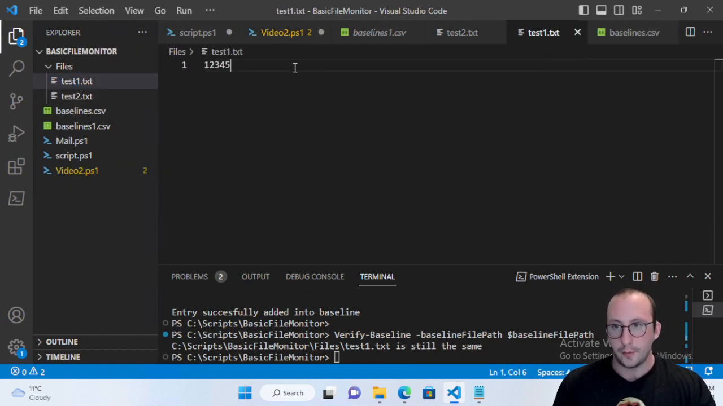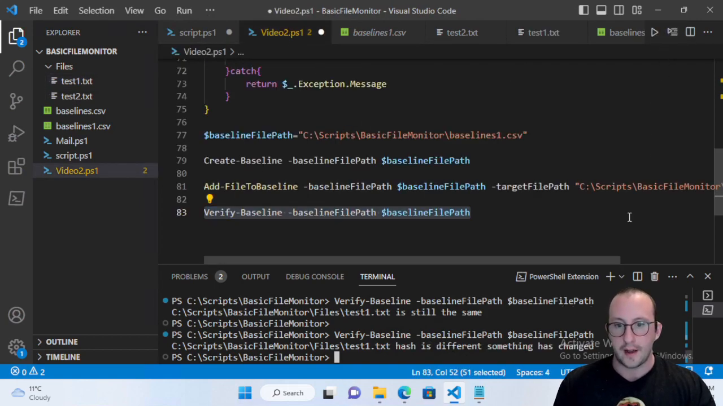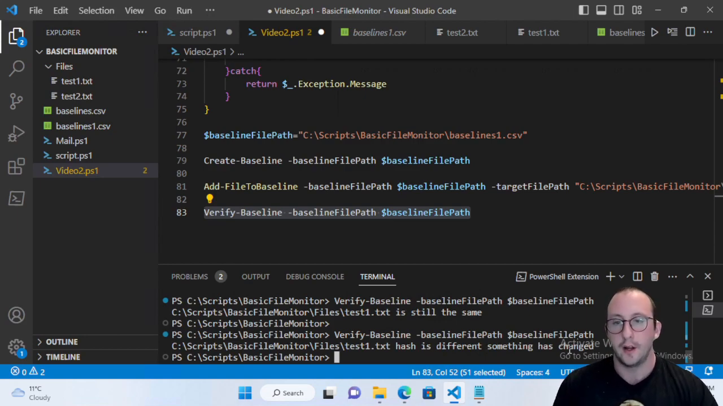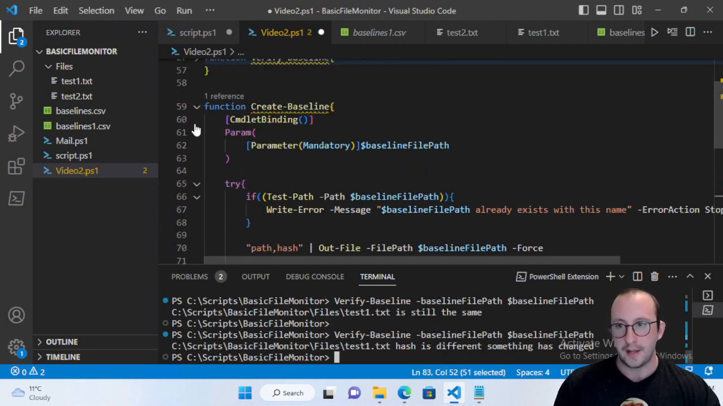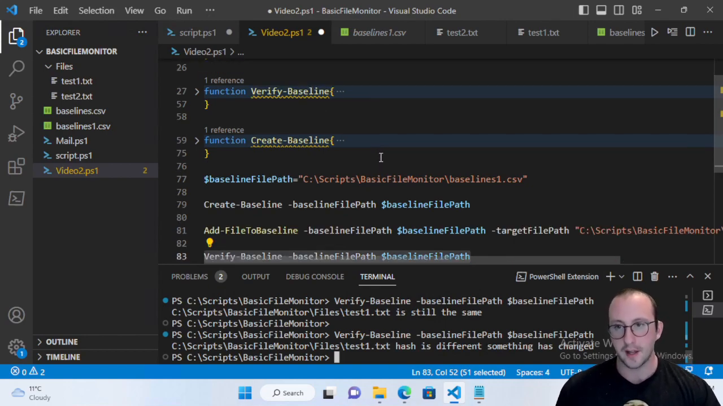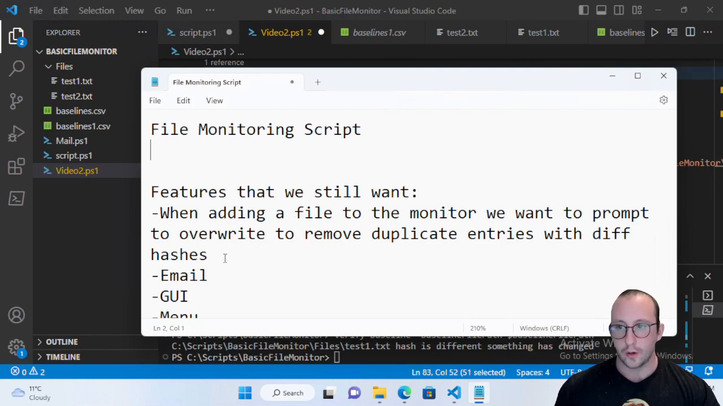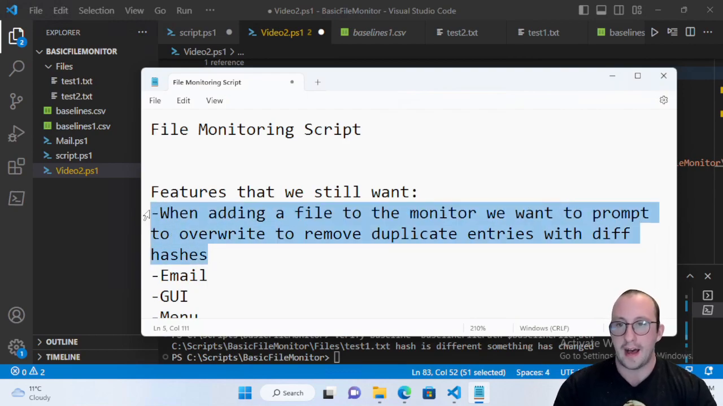If we go ahead and change that test1, and we verify it again, something has changed. So everything is working correctly. We have some basic functions here, which will let us easily create baselines, verify the baselines, and add files to the baseline. So in the next video, we're going to definitely make sure that when you